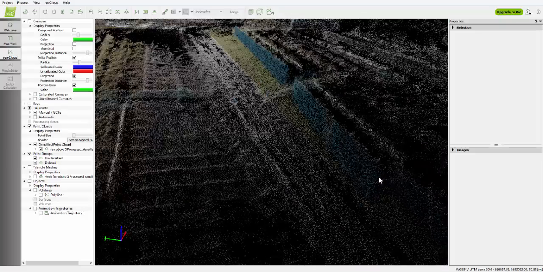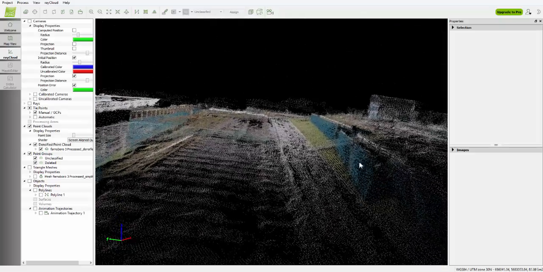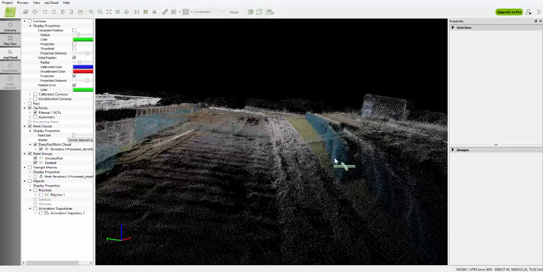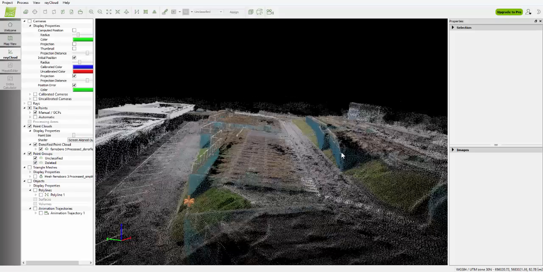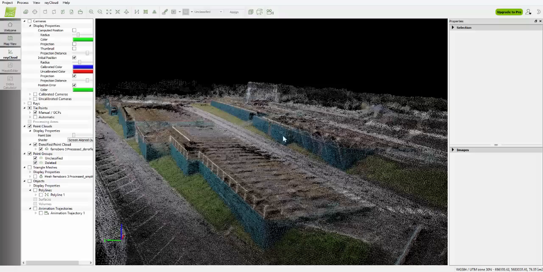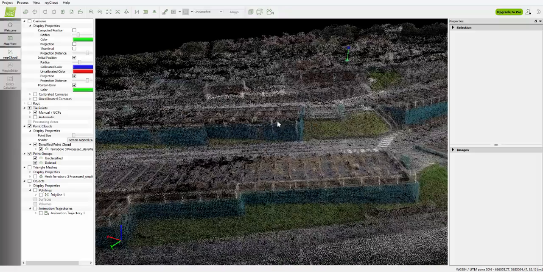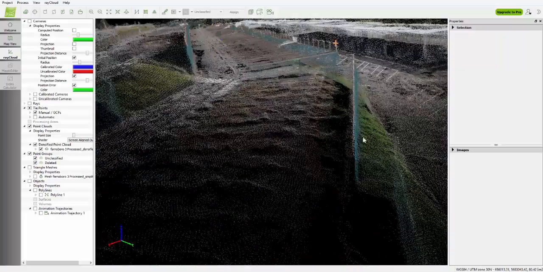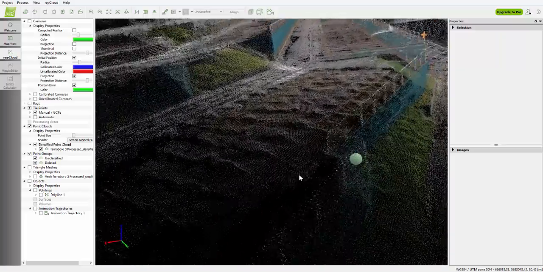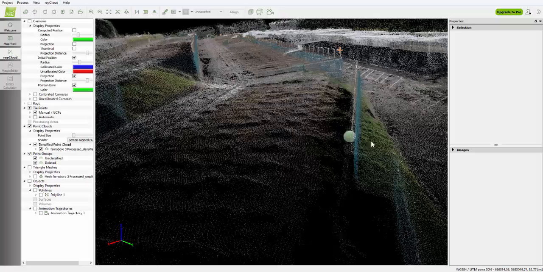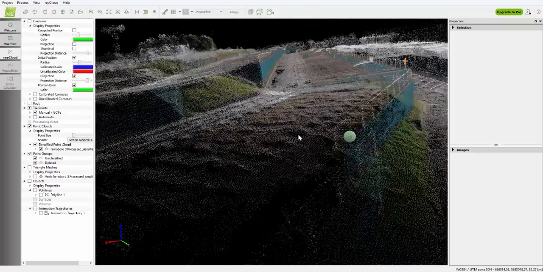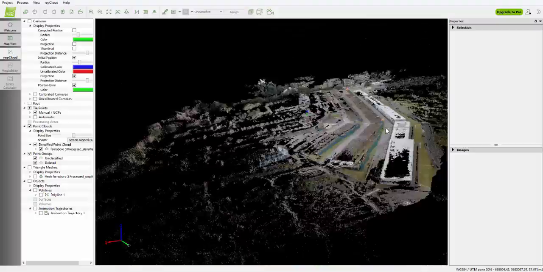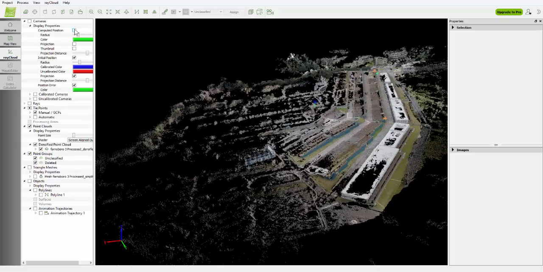But we've got some great detail. This is quite an interesting area. You see these hoardings here are perfectly vertical, but this one's raked forward quite a lot, and if you remember from the site, this one was raked forward. And what you'll notice as well is that behind the railings where the ground dropped off, although we got data in the point cloud, the way that we're interpreting it, because all of the shots were taken from airside back towards the